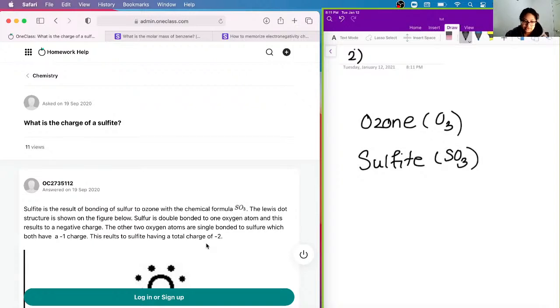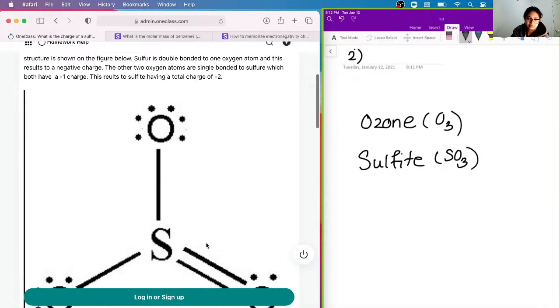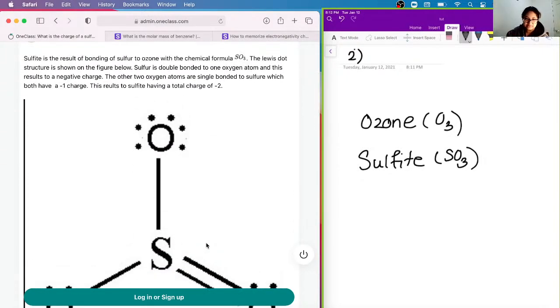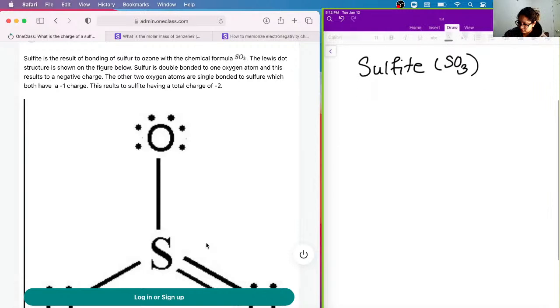So the Lewis dot structure is shown on the figure below right here. Sulfur, as you can see, is double bonded to 1 oxygen atom. So let's draw out the structure. The Lewis dot structure for sulfite has a sulfur in the middle, this is your central atom. The sulfur could bond 4 bonds, right? So that's 2 oxygen, and we have nothing,